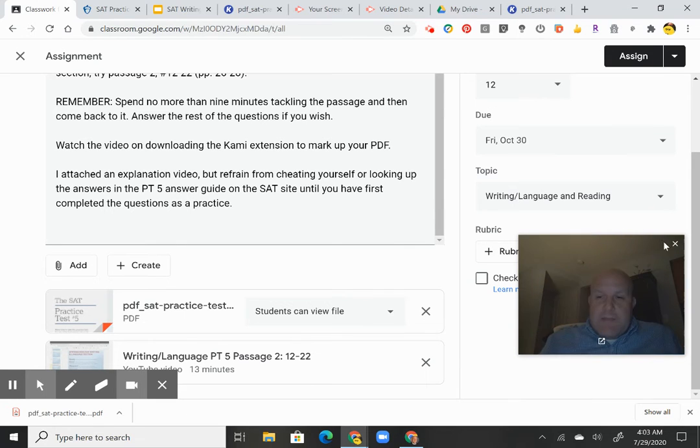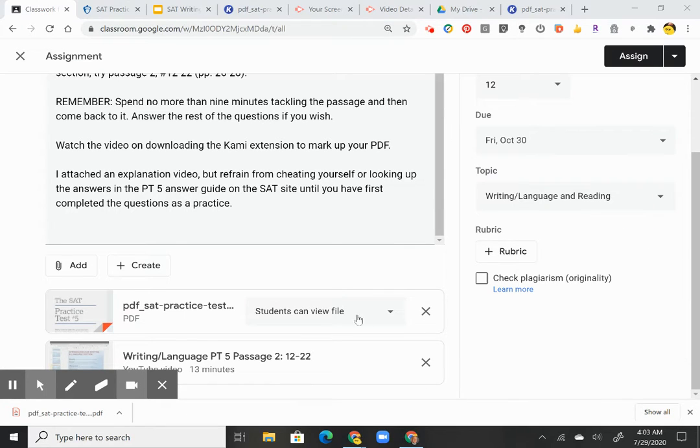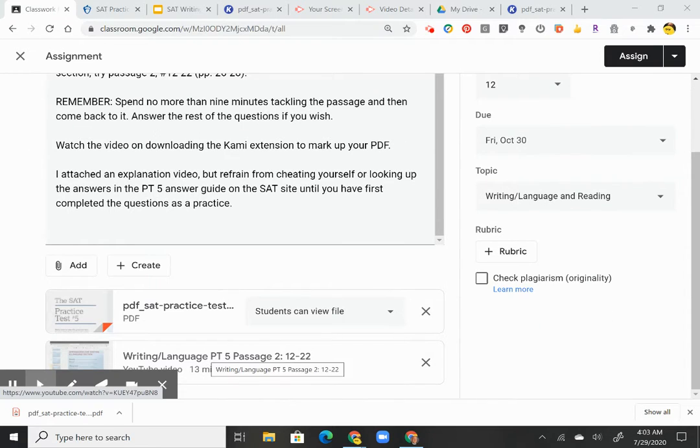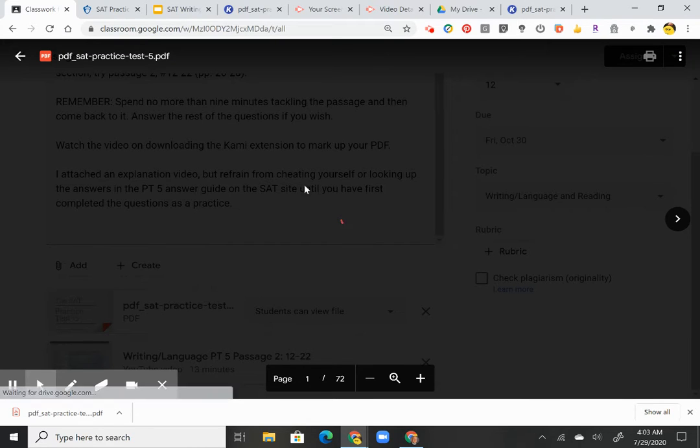So you'll notice, I want to show you quickly, that in the suggested assignment guided practice, I put the PDF of the SAT practice, one of the SAT practice tests on the website, on Classroom here, and I open it to be able to annotate it